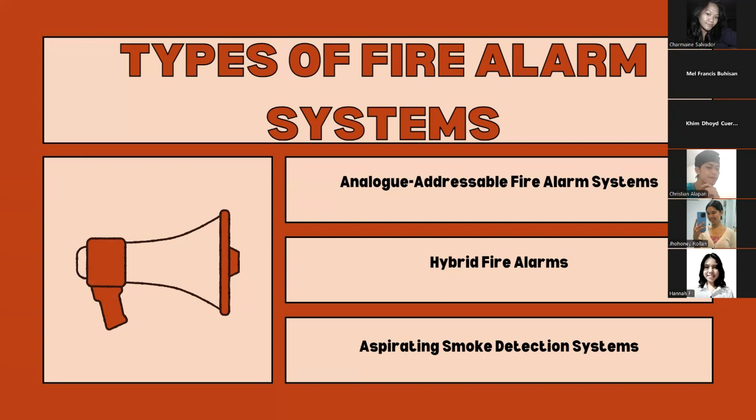In other words, if something damages the wires of the conventional system, the addressable system can come in as a reliable backup. The last type of fire alarm system is the aspirating smoke detection system. One of the more sensitive fire detection options you can choose from is an aspirating system that can pick up on extremely small fires much quicker than other systems. It does so with a fan that pulls in air from the building, which then passes through a pipe system and a detector that checks for any signs of potential smoke particles.